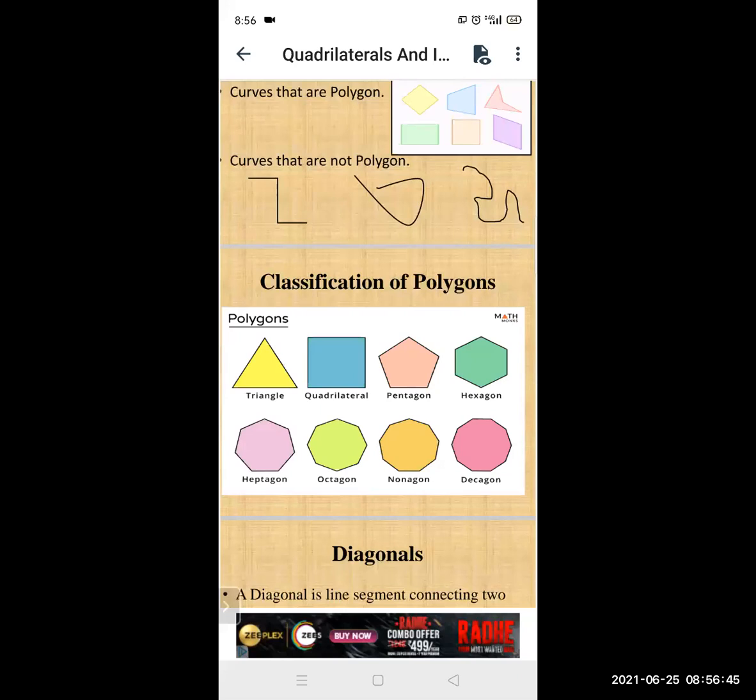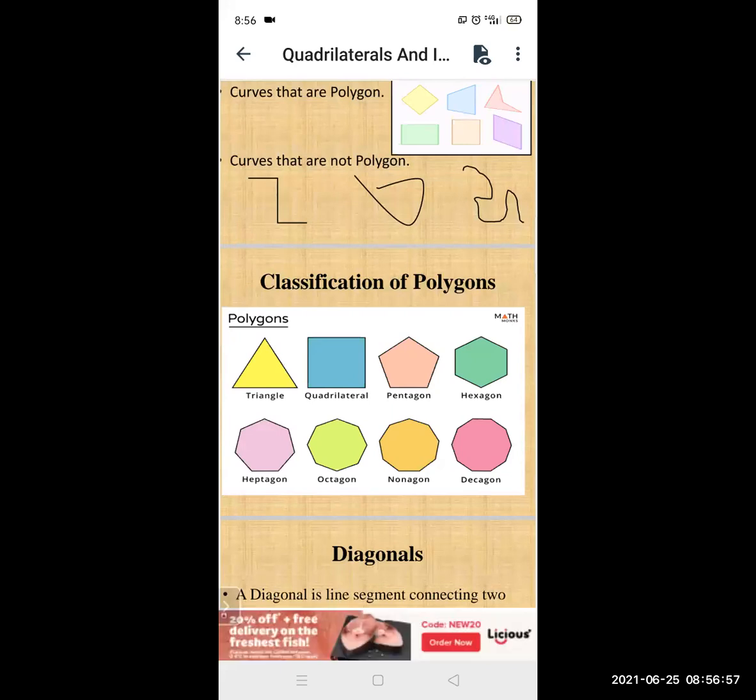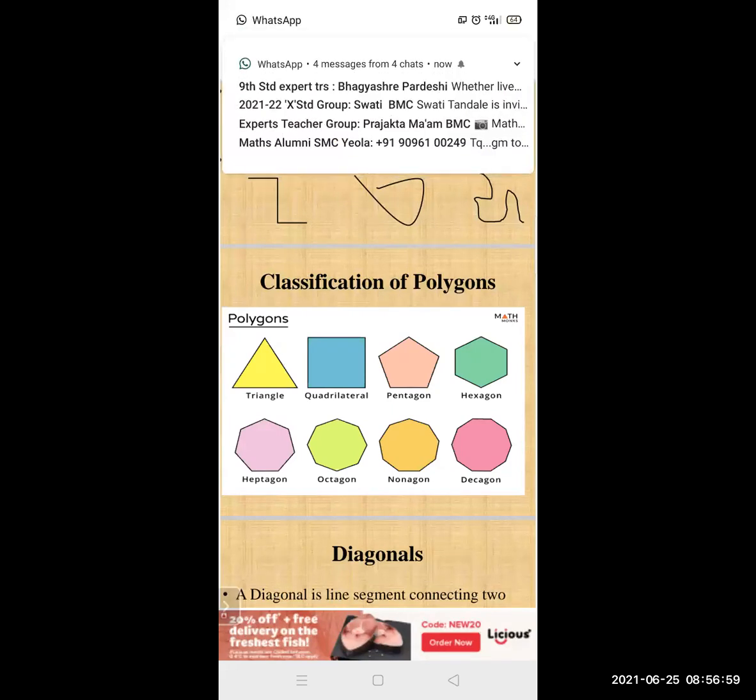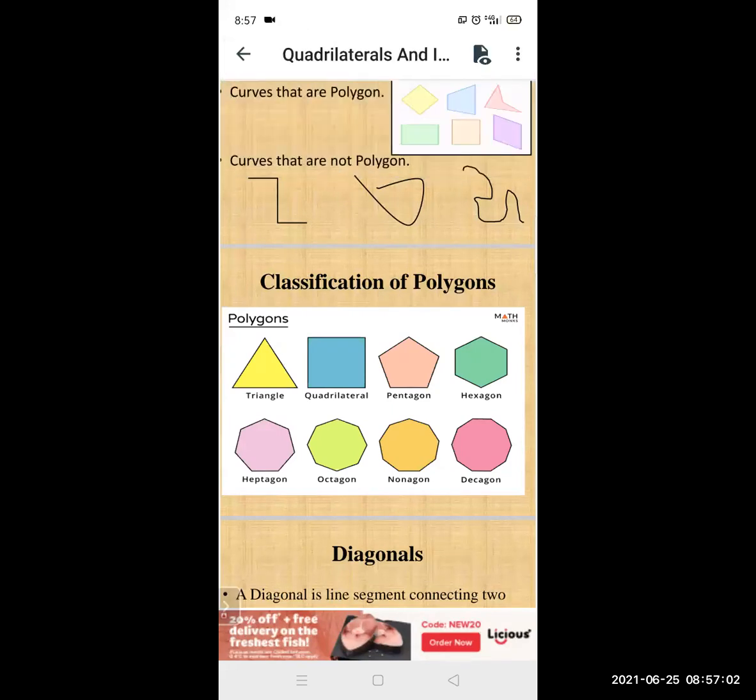So if you add multiple small lines, after some time it will go in a particular circular shape. It will come into your circle shape. So this is the polygon. A circle is also a polygon, but if it is made up of lines, then it becomes a polygon, but it is very, very big. So what are polygons? Poly means many and gons means sides. So multiple sides added together to form a closed figure are called polygons.